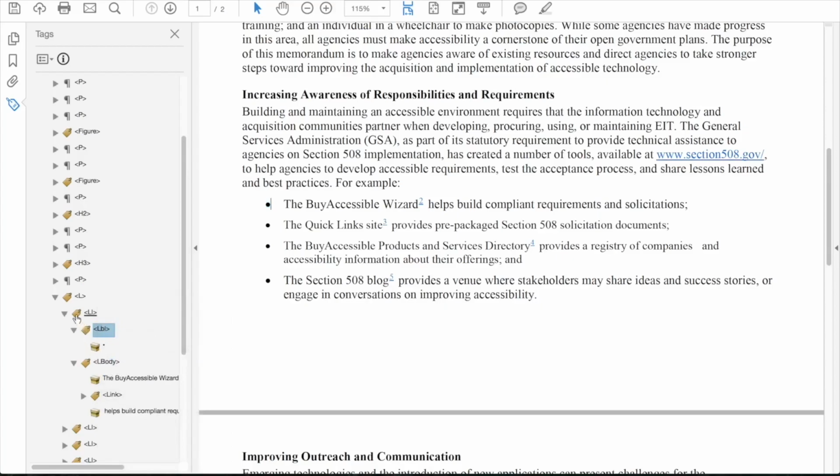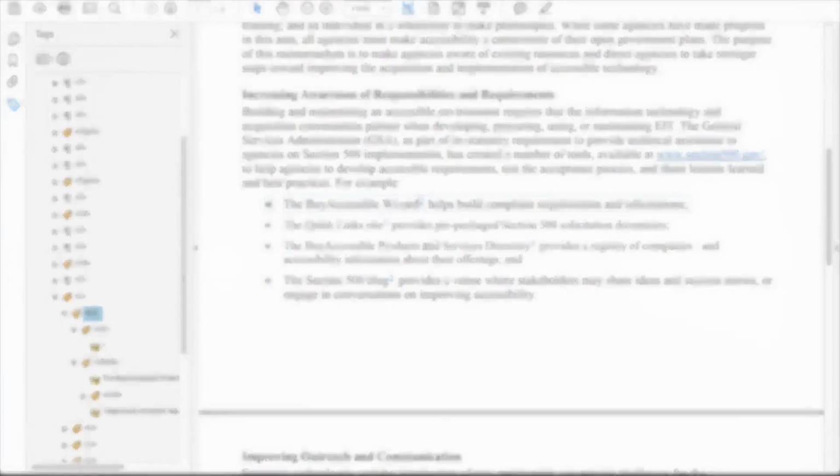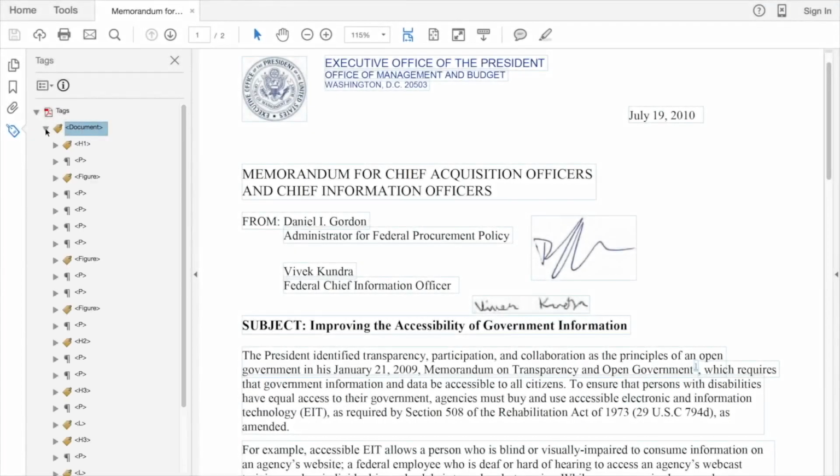In the actual document, we can see that highlighted content boxes of the first list item are separated based on what the content is. I'll save it here for good measure. Now let's return to the first L tag in the structure tree and look at all of its children.